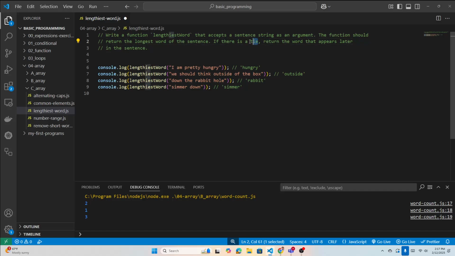If there is a tie, for example, pretty and hungry, they are of the same length, like 6. If there is a tie, return the word that appears later, like hungry appears after pretty, later. Return this word, okay? So we have to find the longest word and return it. If they have a tie, then use the latter word, or return the latter word. So let